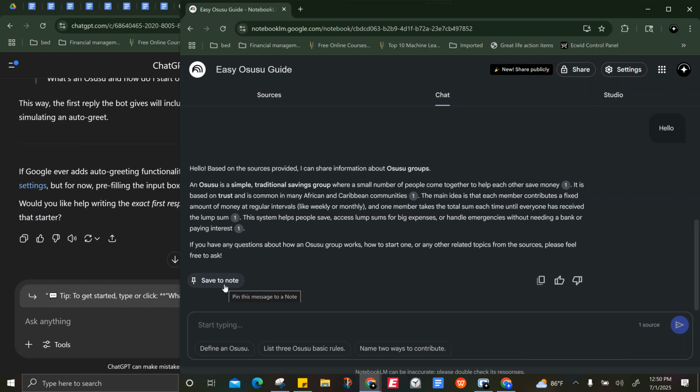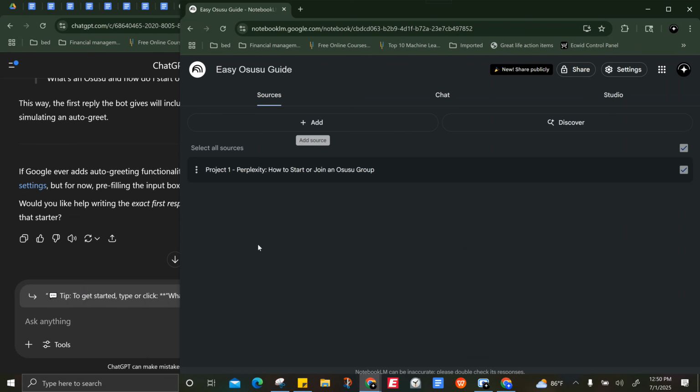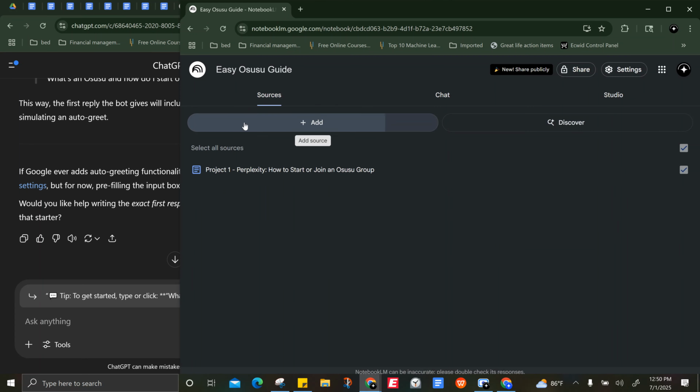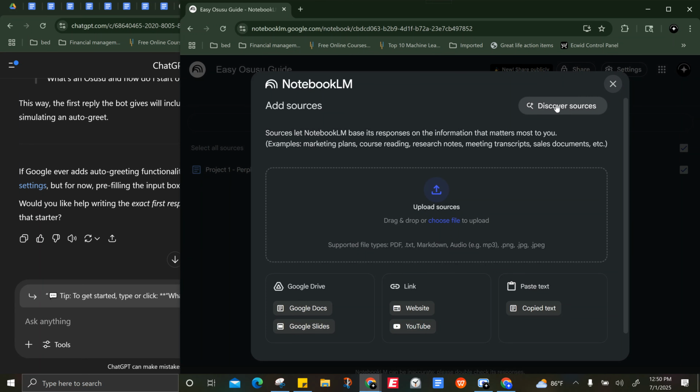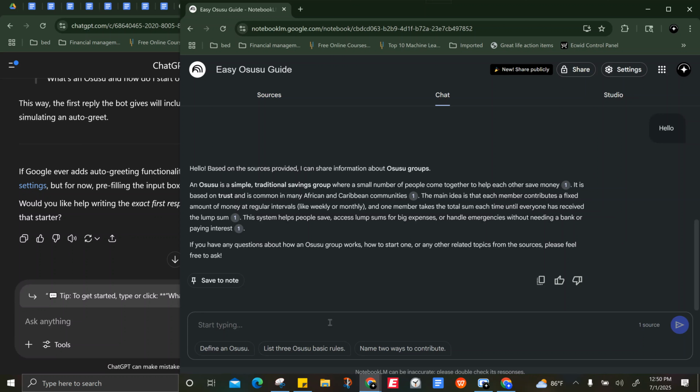Before you send this out, it's very useful to test out all the different questions. That way you can see if you need to add other information to the sources. When you want to add more information, you can add it by typing information that you have, or using one of these sources, or discovering sources by searching the internet inside of the app. Now, the same thing as the other one, let me just ask,